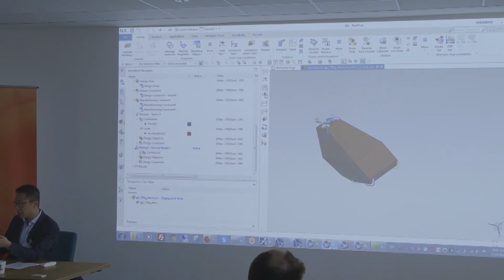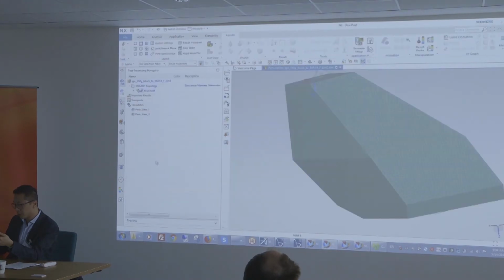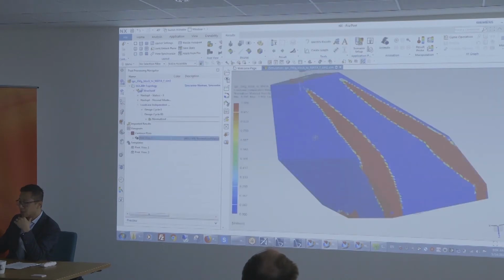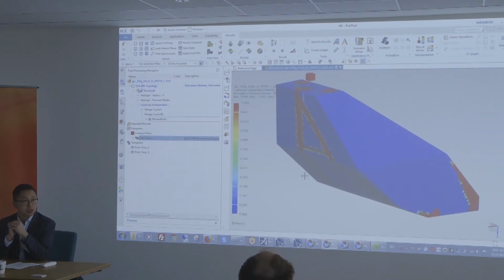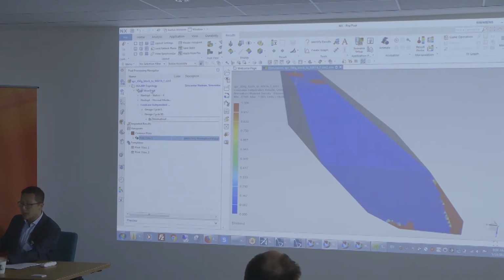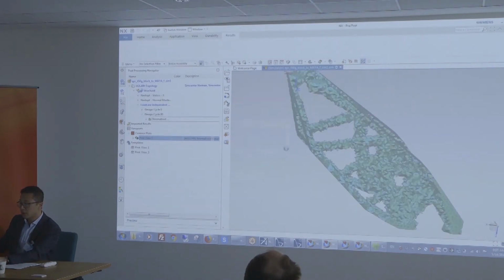And with a refined mesh, what I end up with is, oops, that's stealing the punchline here. Again, where's my geometry? There you go. Okay, so we can look at some normalized density plots. So under the hood, what topology optimization does, right, it reduces the density of the elements, and you see how much material you can trim off your original part to get that bracket for space applications. This view is not particularly useful, right, because you see all the elements and you don't get much out of it. What we do have is a dedicated post-processing module for topology optimization.